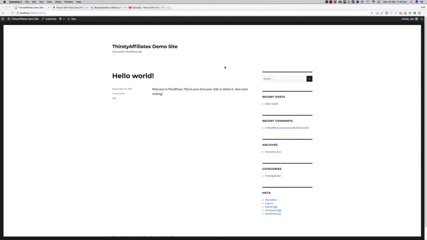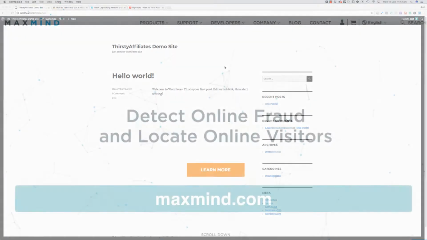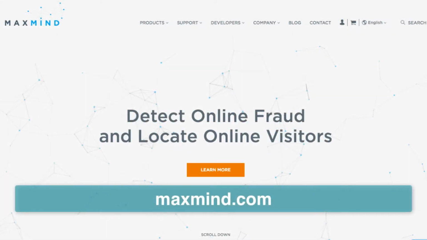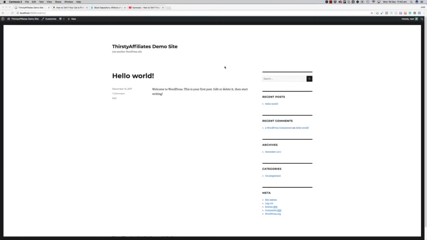And the way we do this is via a special database from the folks at maxmind.com. That lets us basically look at the IP address of the visitor and detect which country they're from using their database, and send them to an alternative URL, which is something that you can actually set. So I want to give you a demonstration of how it actually works. I have this demo site here,